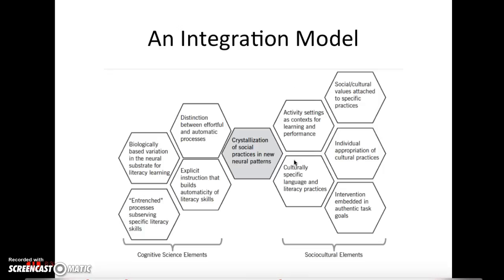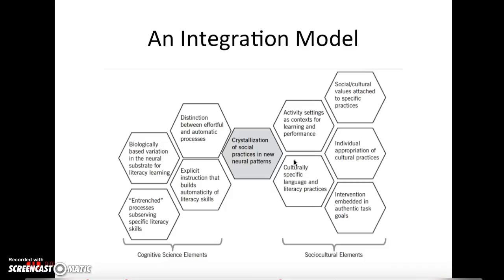Finally, this takes us up to week 12, Stone and Learned, right? And this attempt to integrate the two models. So you can see here in the center that it says crystallization of social practices in new neural patterns. And one thing I think this is suggesting, and I think the article backs it up, is that there's this model